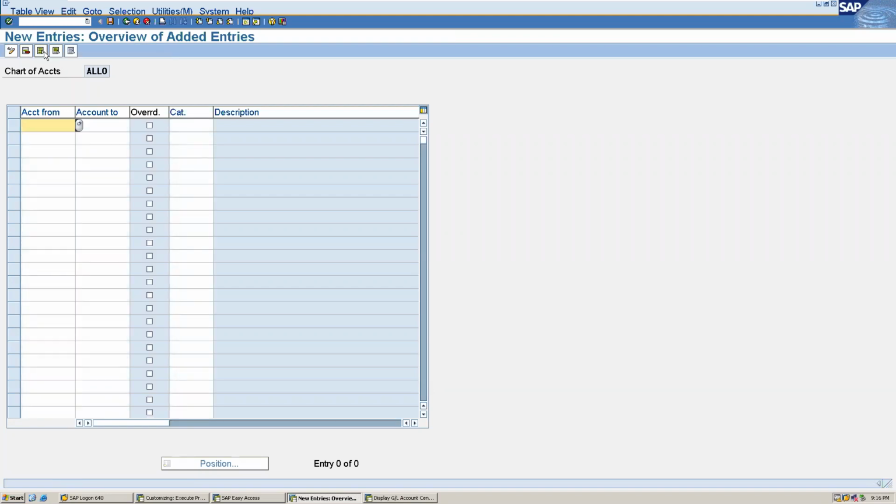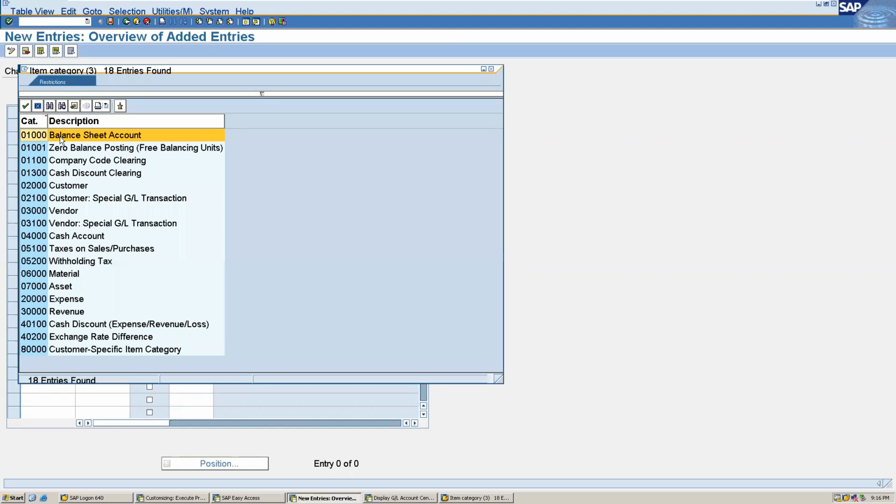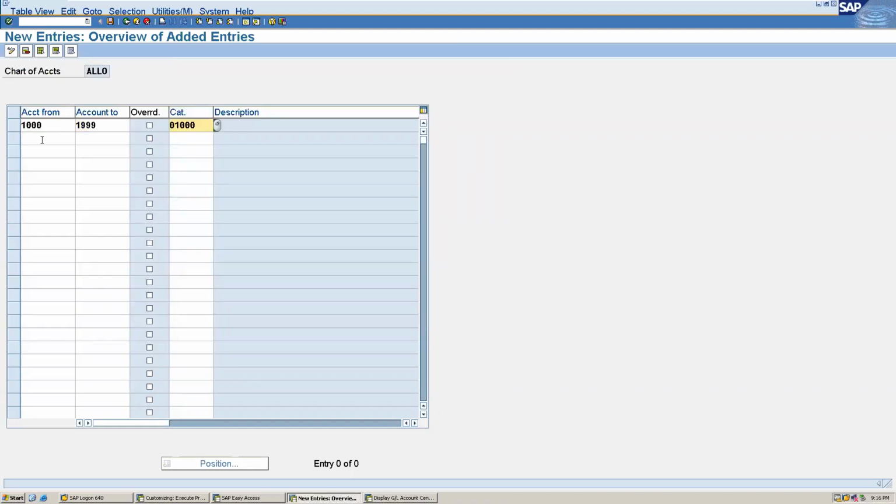So for assets I have maintained in the account group from 1000 to 1999, and I have to give the category which is for the balance sheet. So I can give this one. So next is liabilities, which I have maintained from 2000 to 2999. Okay. Again, the category is balance sheet.